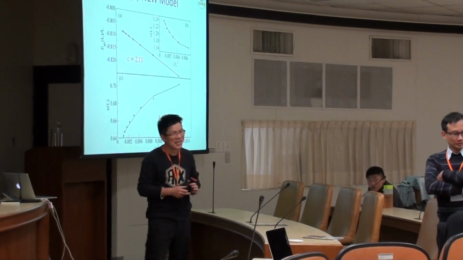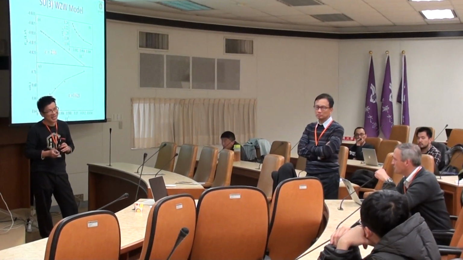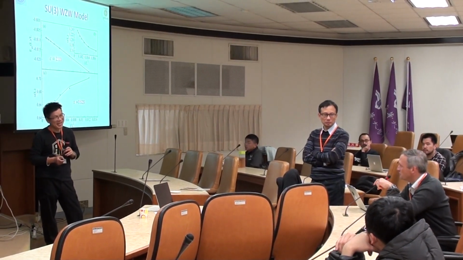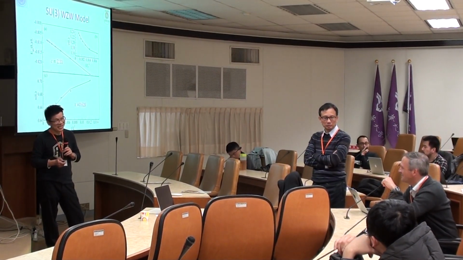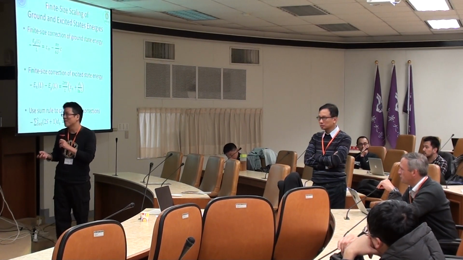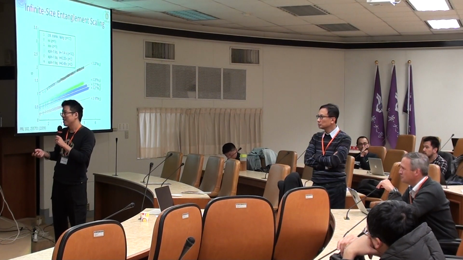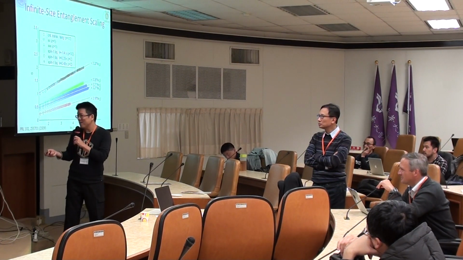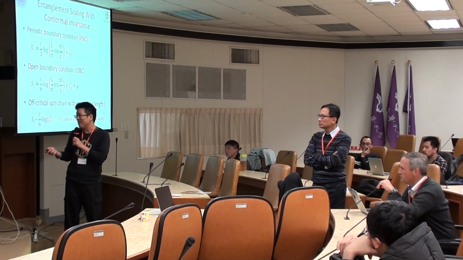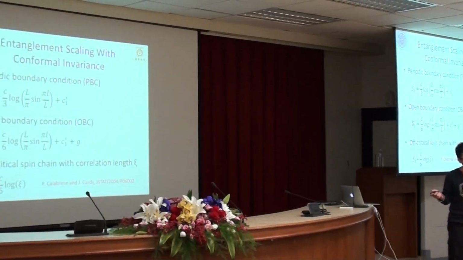Right at the very beginning, you were showing a couple of ways to try to determine c by entanglement entropy. One of them was with infinite systems. How do you do that? What are you scaling with for the infinite system? Because the entanglement must be infinite. So for the infinite system, you scale with the correlation length. And how do you tune it?